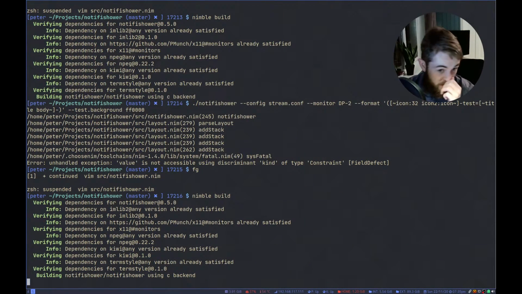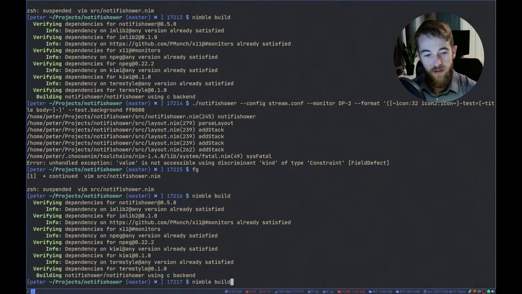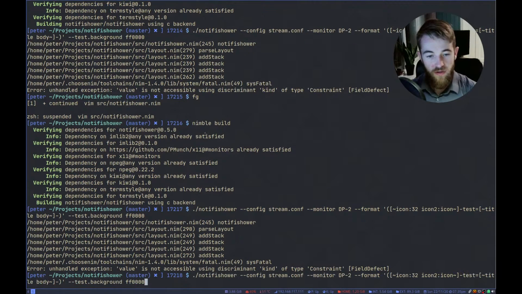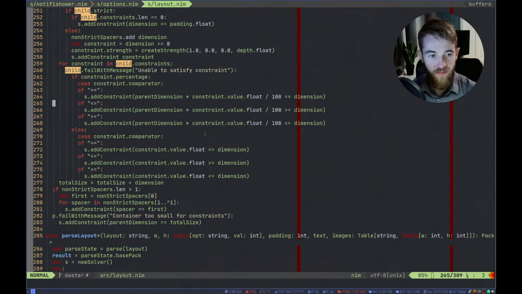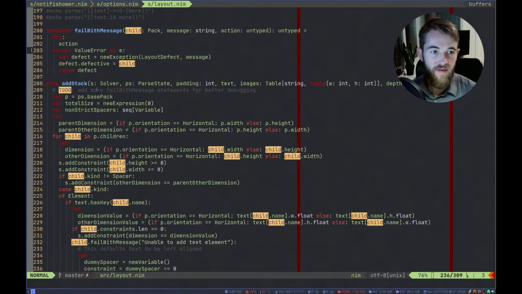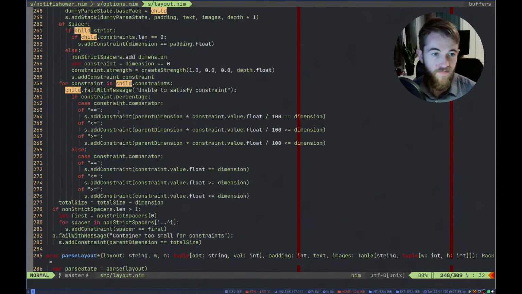We haven't fixed anything yet, but this should build. This should crash with the same error. And if we change this back to 32, it should all work like it did before. Good. But the big change now is that we have a parse state and not a pack passed in here.